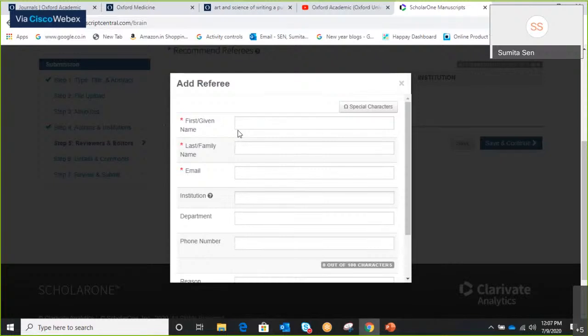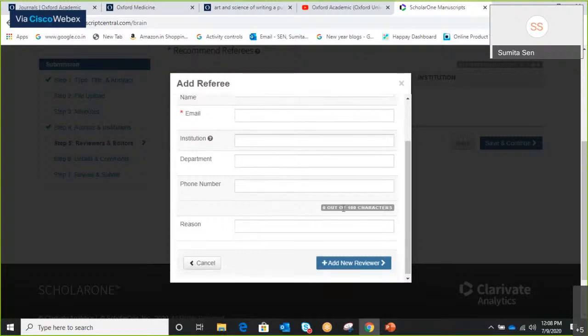That means, if you've checked the editorial board and you particularly like someone from there, you can always add references. Don't worry, it's anonymous. The referee will not know who you are, neither will you know actually whether it has gone to that person or not. So you have the choice to choose different reviewers.